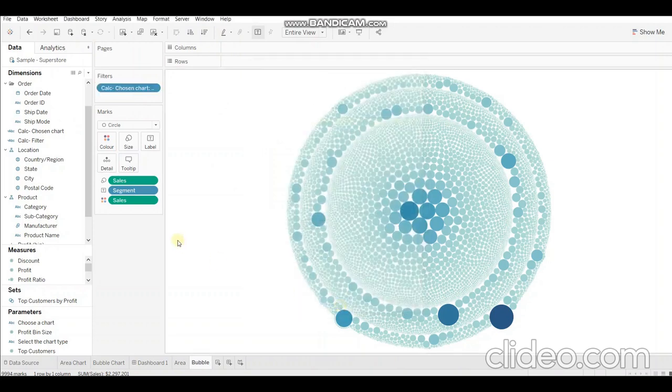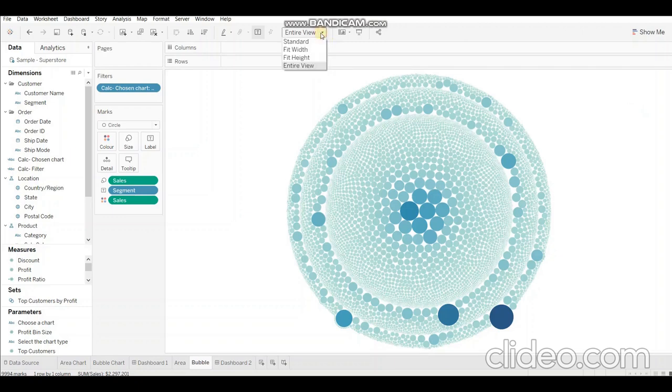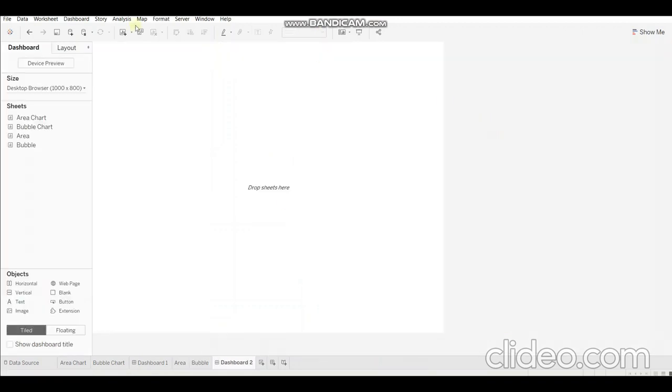Alright. Now let's understand the prerequisites associated with this. There are two prerequisites. One is at the sheet level and the other one is at the dashboard level. The sheet level prerequisite is your display type should be set to entire view. This applies to all the sheets that you want to use for swapping. The second prerequisite is your sheets must be contained in a container on the dashboard.